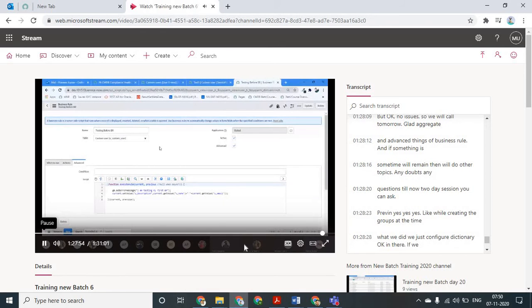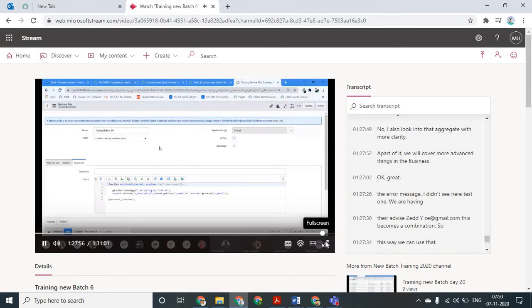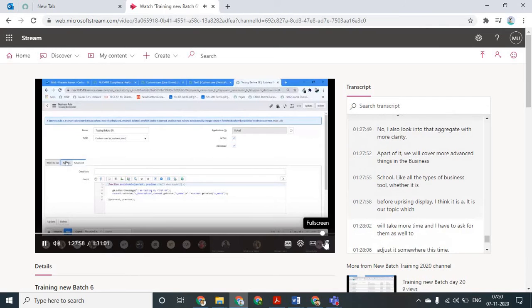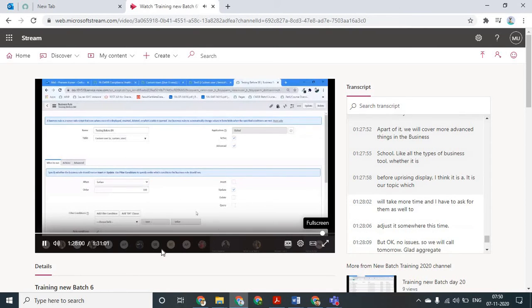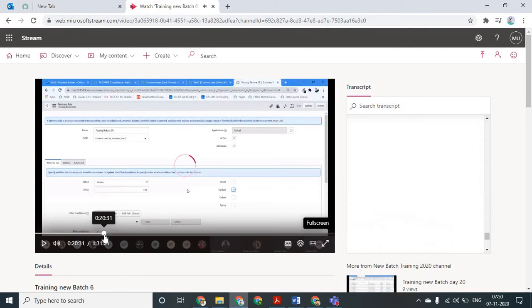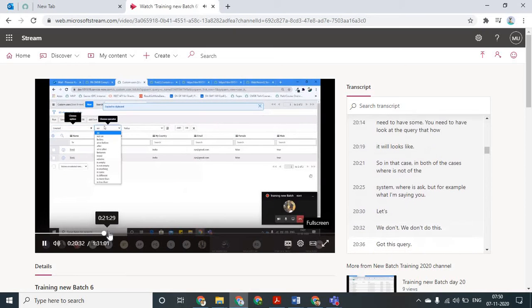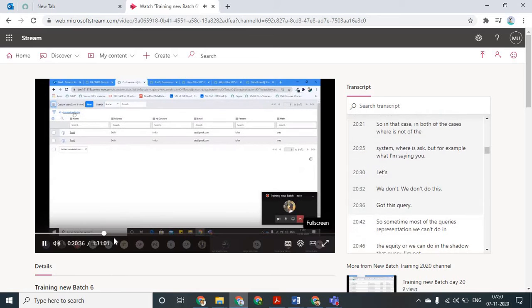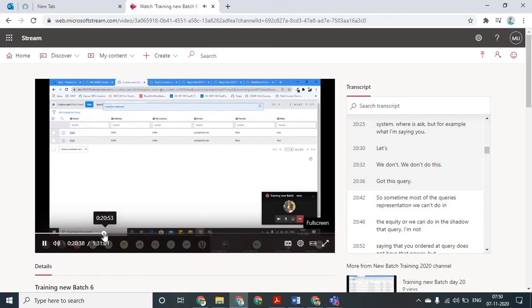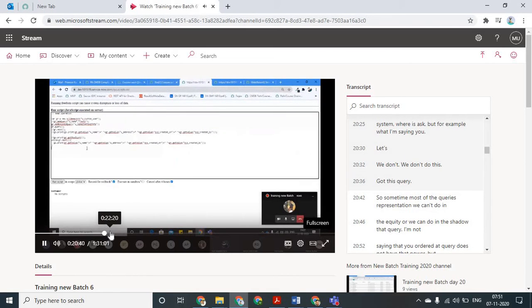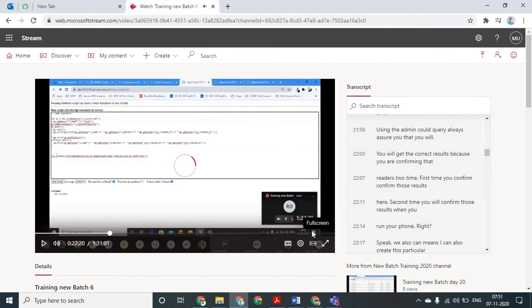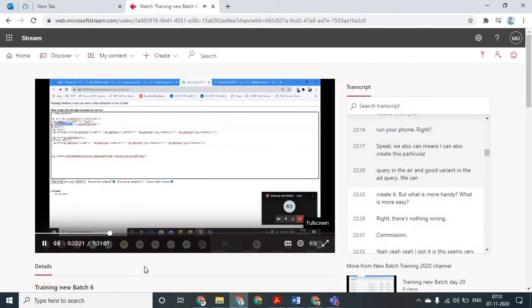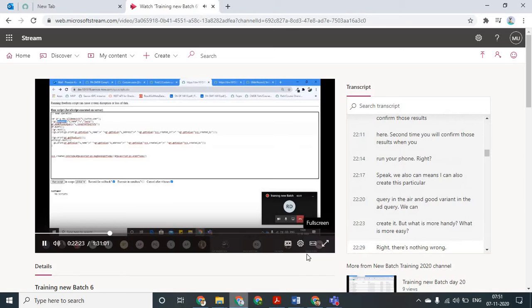We will cover more advanced things in business rules, like all the types of business rules, whether it is before, after, async, display. This particular query in addEncodedQuery and in addQuery, we can create it.